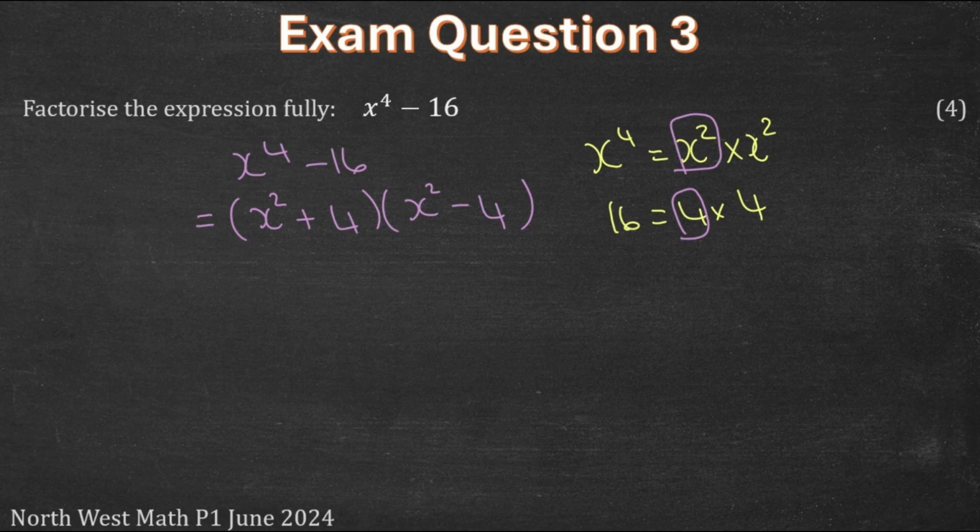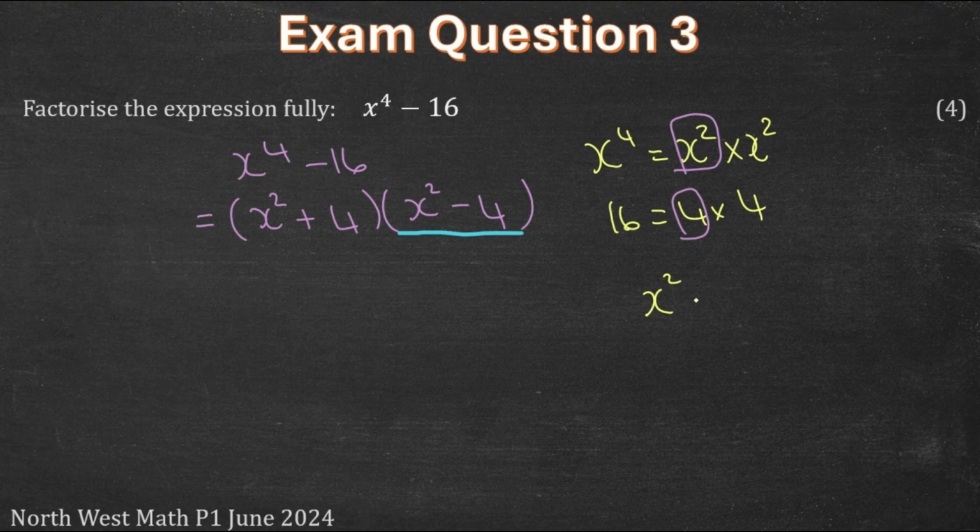factorize any further. Now looking at my first bracket, I can see that I cannot do anything with this, so the first bracket is done. But looking at the second bracket, I can see that this is a difference of 2 squares. And why do I say that? Because this x squared